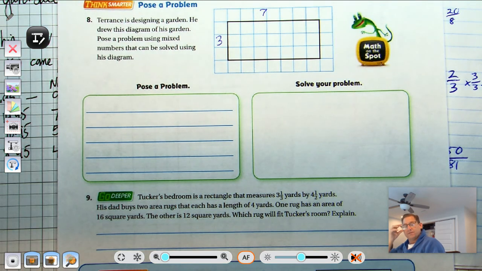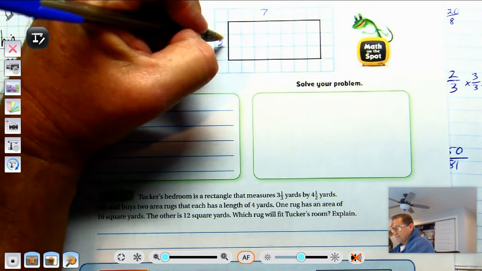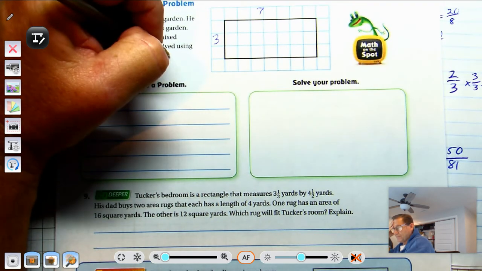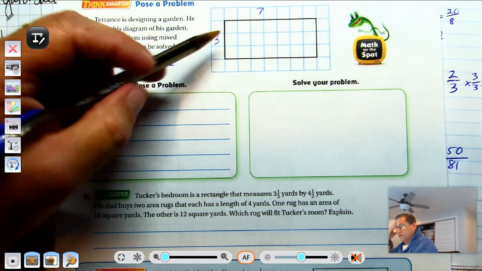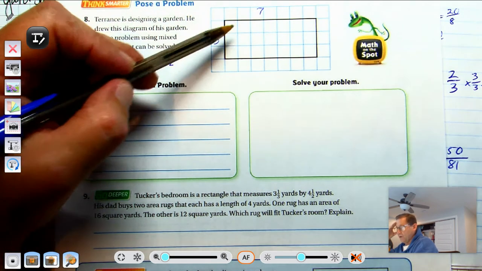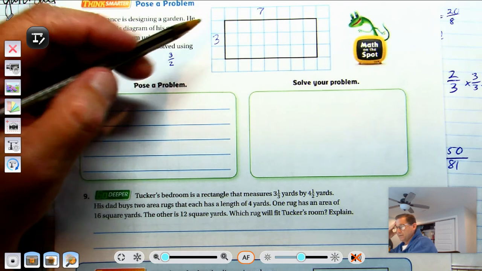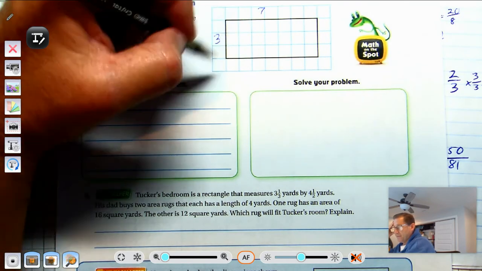Well, if they're 1/2 size pieces, it could be 3 halves, right? I'd have 1/2, 1/2, 1/2. And 7 halves,